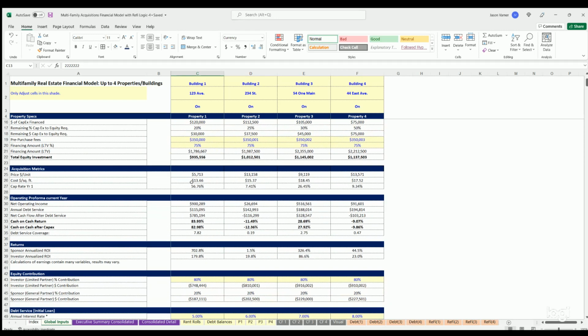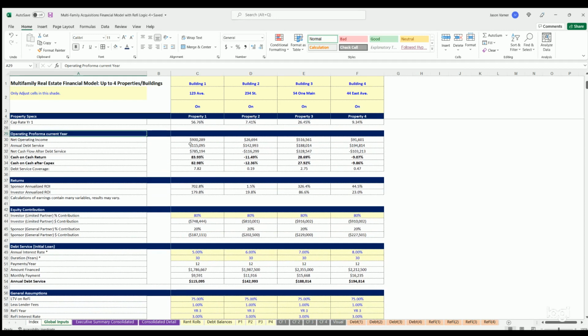So capital structure, acquisition metrics. You've got price per unit, cost per square foot, cap rate in year one, operating pro forma for the current year for each one. So this is just current data before you change anything or do capex and all that stuff, renovations. Debt service coverage, existing numbers, sponsor and investor annualized ROI,